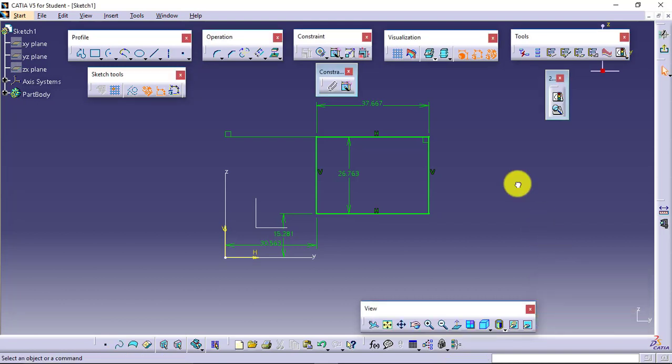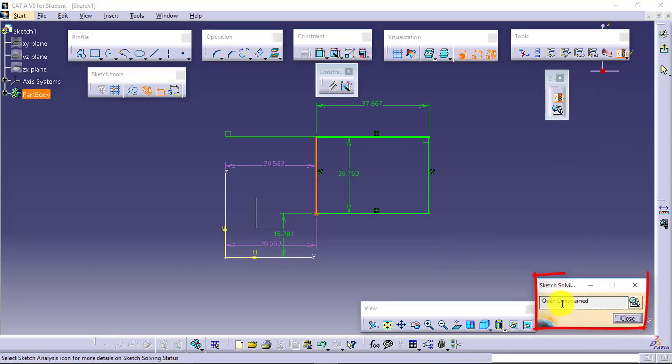There is one more case where I have given some extra constraint. Let's say I apply this constraint again. The constraints as well as my object will change color to purple. Purple shows that it is an over constraint case. Check this, over constraints.